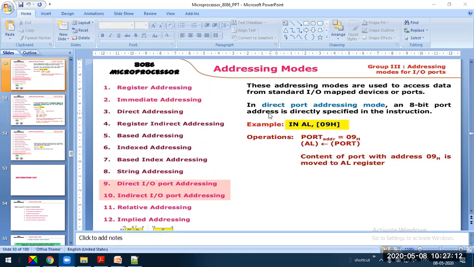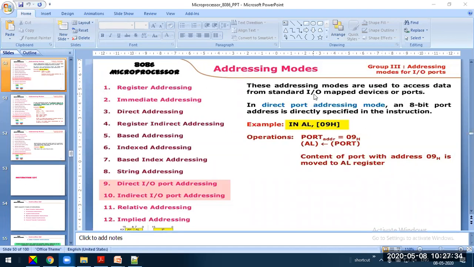What is the meaning of standard IO mapped devices? Sometimes the ports are configured for a particular device, or there is some device connected to a port and we are reading the data from the port. There is a difference in meaning here.